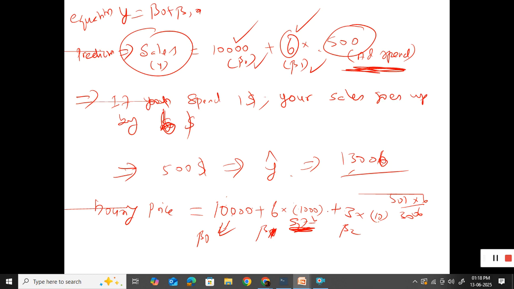In this case, we have more than one independent variable. This is the square feet of the house. This is the age of the house. We have more than one independent variable because you cannot predict the housing price using only one factor, which is nothing but the square feet. Multiple factors are required to estimate the housing price. So in this example, we have introduced one more independent variable, the age of the house. Likewise, you can add more independent variables.